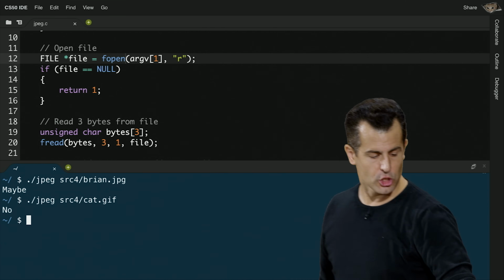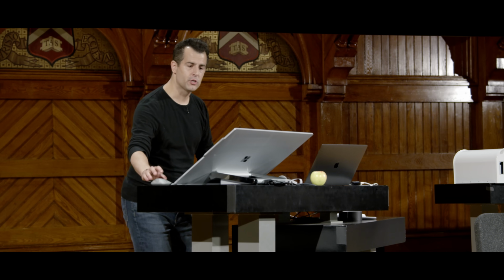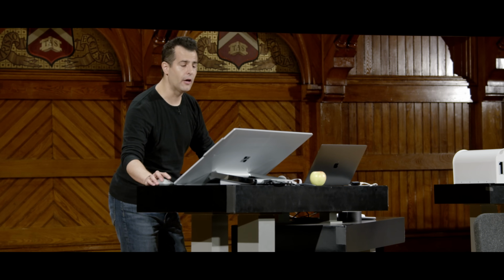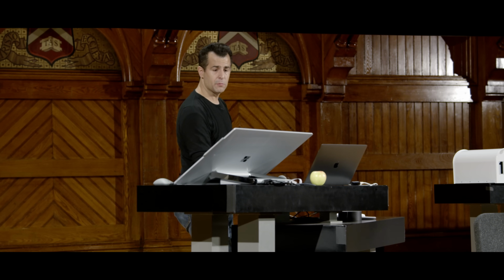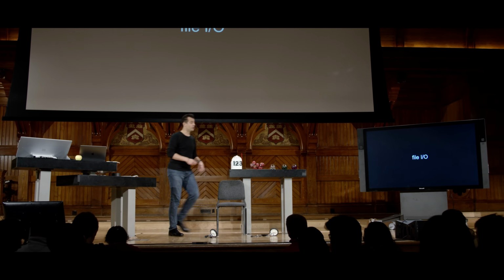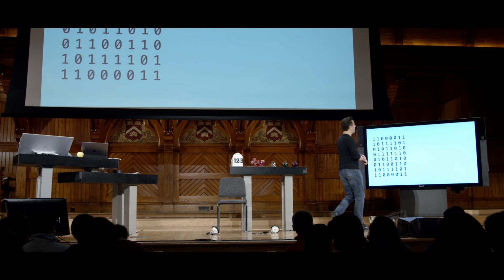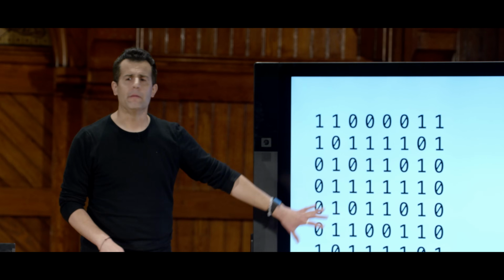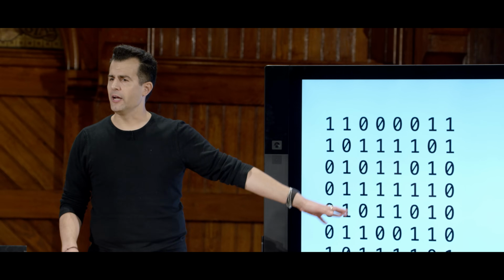Now, what can we actually use that information for? Well, it turns out what we'll be doing now this coming week and beyond is exploring a number of features here of what's called file I/O. Long story short, if you've ever wondered really what an image is, we talked briefly about this in week 0. This is an image, but it's in binary, 0s and 1s.